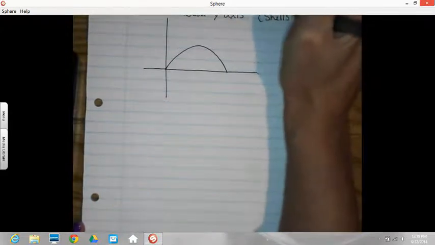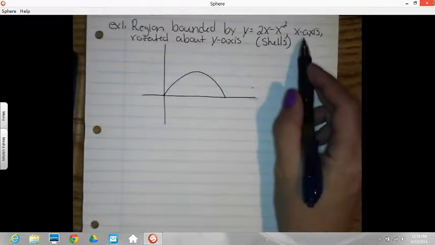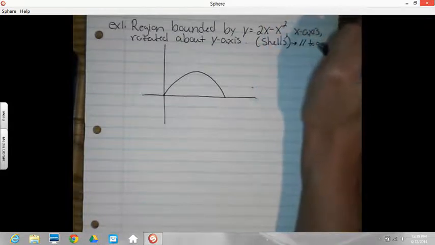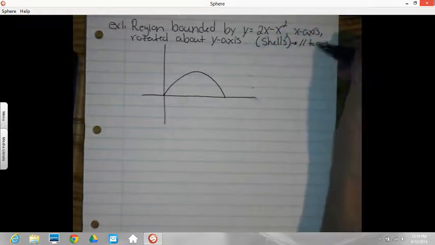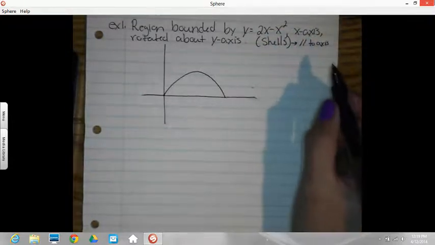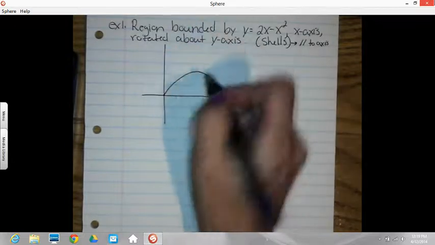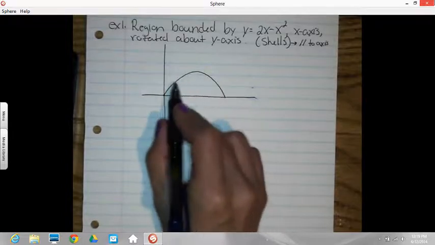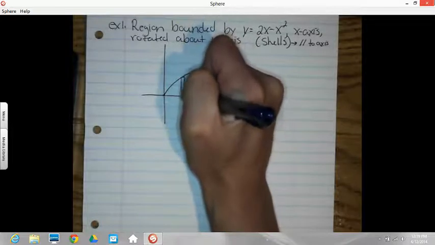So to make it shells, I have to draw my rectangles parallel to the axis that I'm going around. So parallel to the axis. With the washers and cylinders, we always do them perpendicular to the axis. So I need to draw parallel to the y-axis because that's what I'm rotating around. I wouldn't be able to draw them perpendicular anyway in this case because I make the parabola touch itself, so it would be impossible to do it the other way. So we're going up and down, going around the